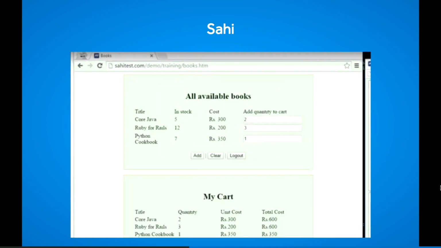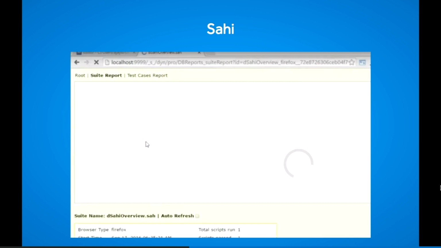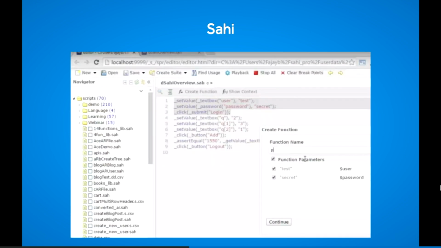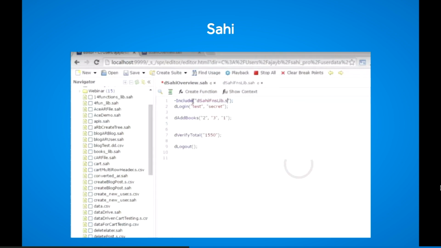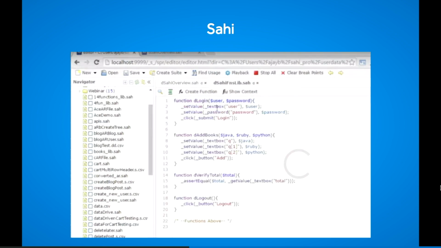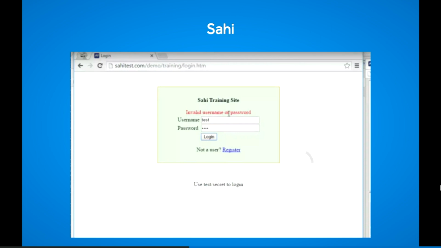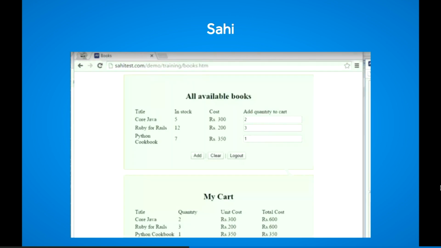Another one that's been around for a while, it's open source, but they also have a pro solution, is Sahi. And I've heard a lot of good things about this. The customers that use this really rave about it. I actually interviewed the creator of Sahi in Test Talks if you want to check that out, head on over to